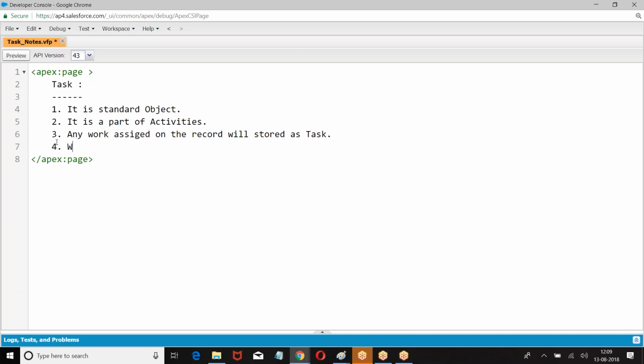So, when you want to create a task, we should know to whom we are assigning.